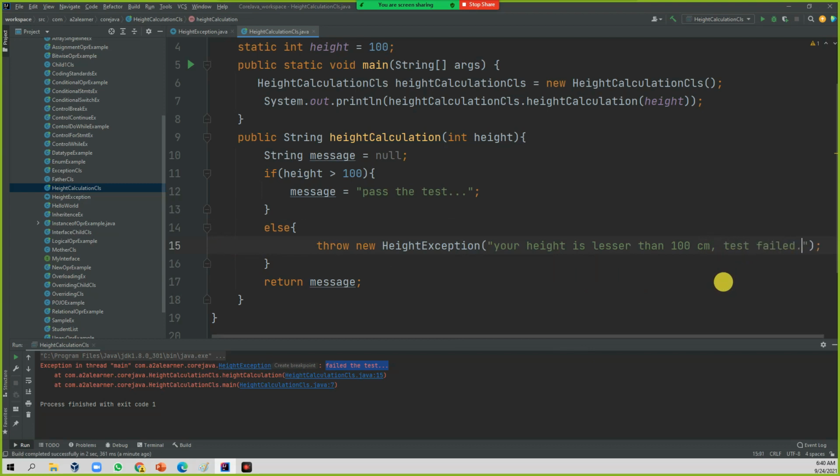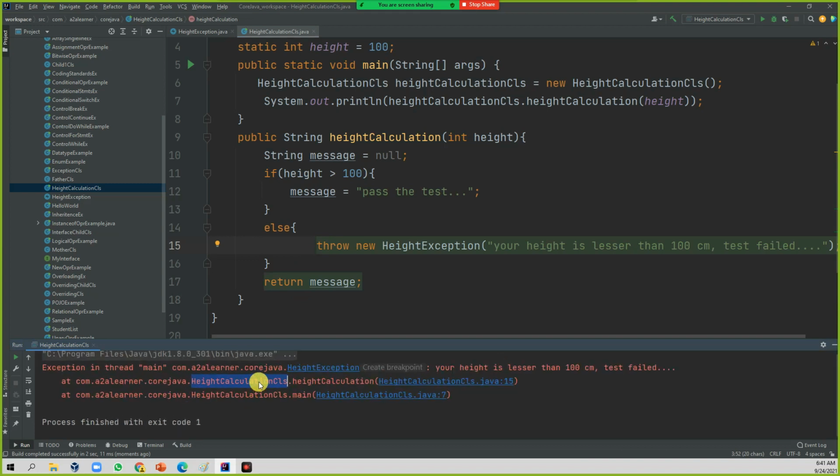Test failed, just some message you are giving. So now if you run it, it will be more meaningful. Your height is lesser than 100 centimeters, so test failed. And who is giving this message? It's coming from the height calculator class, the height calculator method, line number 15. So line number 15 is giving the error.